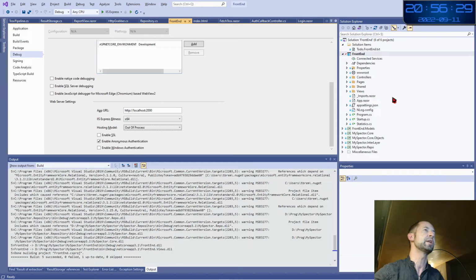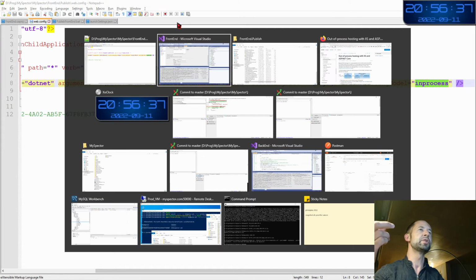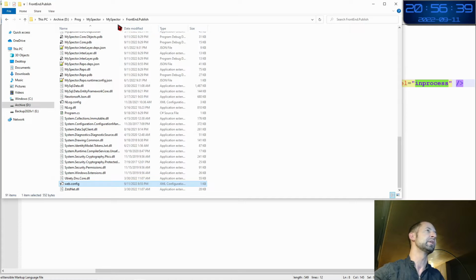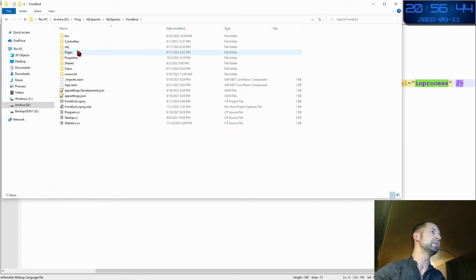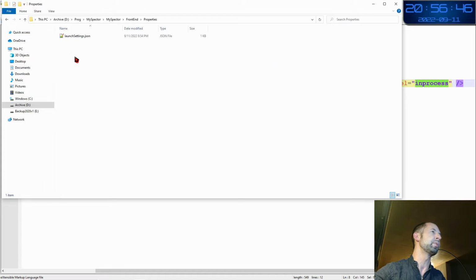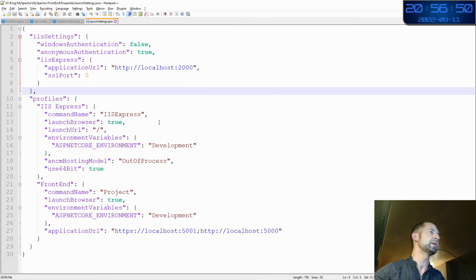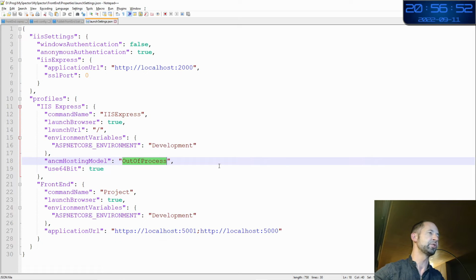And the reason of this is that this hosting model setup is for the launching, and this launching in fact is impacting only what is seen in front end properties launching settings JSON. And here in fact I will see out of process.